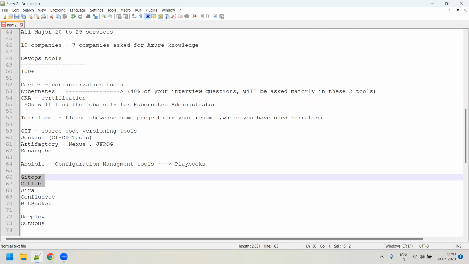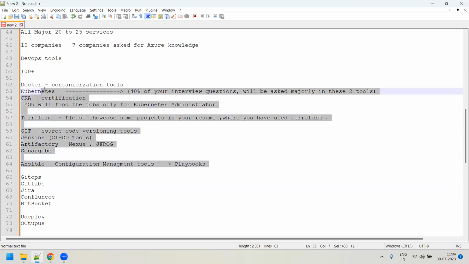We can't learn everything. But you need to have fundamental or strong knowledge in these 5 tools. So this is what, guys, I want to convey to you all: a minimum of 5 tools' knowledge is required. Apart from that, for some few other tools, you just keep a tab on them, saying that okay, you need to learn or basically learn a few things on that. Clear? So guys, any other thing apart from this?